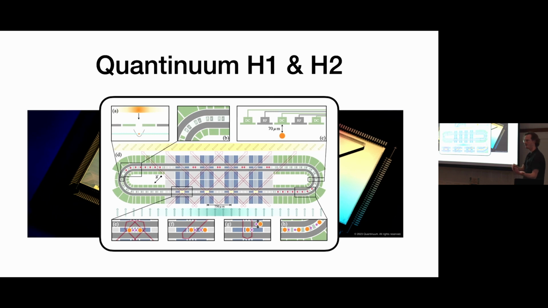And so I think they can do 5 two-qubit gates in parallel. That might be with the H1. With H2, maybe they can even do more. I think it's 4. 4 in parallel? Okay. Oh, on this one. So maybe they can do more with the H1. Yeah, I'll show that one in a second.